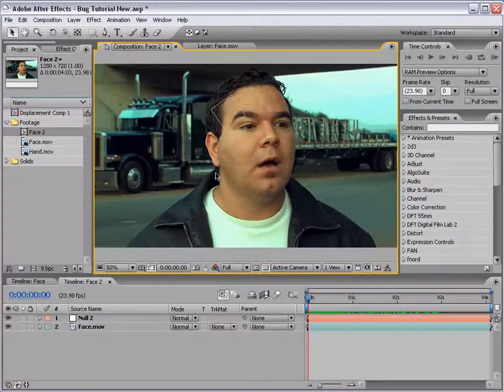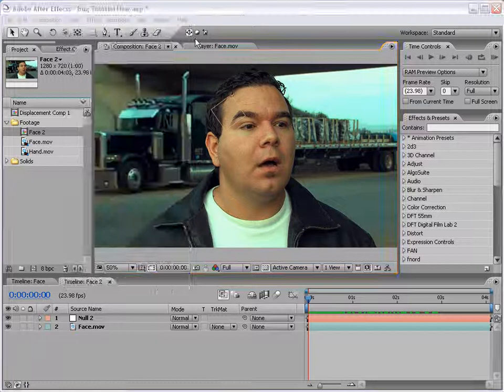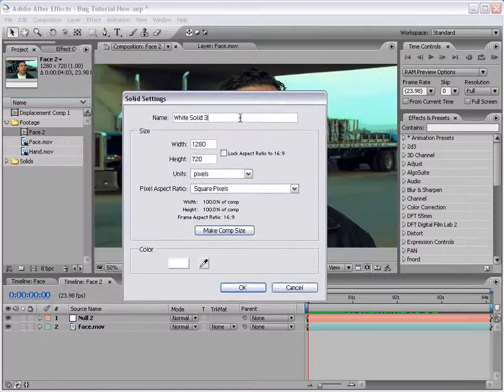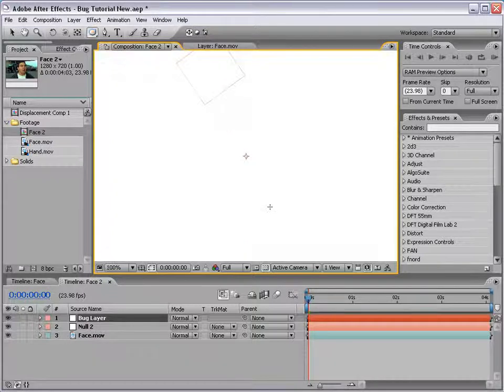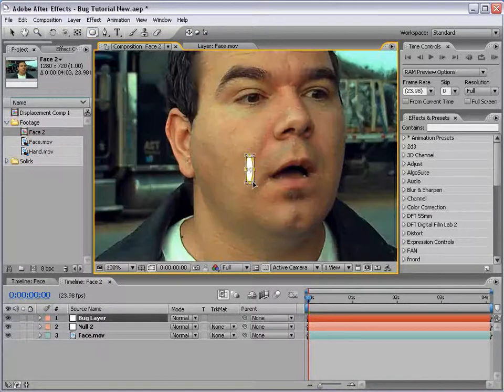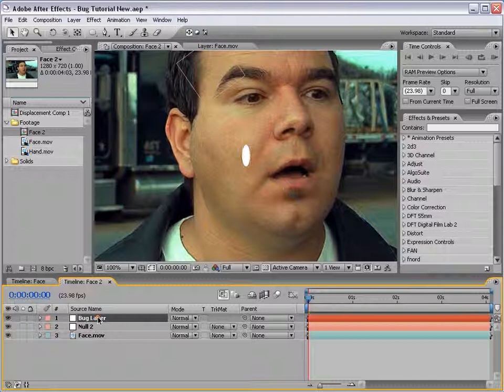So I'm going to create a new solid, and we'll call this bug layer. And white is fine, and we can get pretty complicated on this, but I think a good bug starts with an oval. So we'll just make an oval shaped bug on the white solid with the elliptical mask tool,